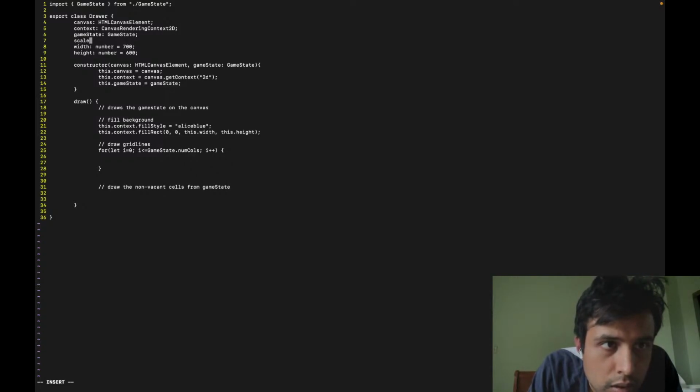Scale factor, kind of like grid size in BumperCoins. Number equals 100 for 100 px. Then what we can do is we can make things more generic, like more abstract, by kind of doing